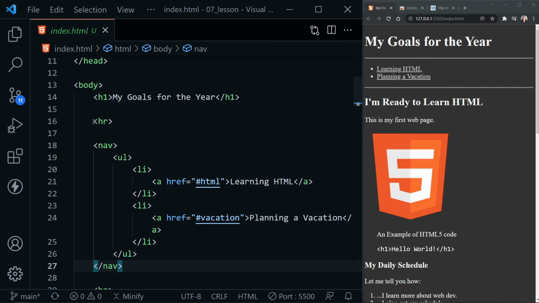We also have an HR, which stands for horizontal rule. In the past, I believe I might have said these didn't really have a semantic meaning, but they do. They're currently viewed as semantic elements, and it means that there is a topic change. So something is changing, and of course we have a couple of topics on our page, and we have horizontal rules between those. In the future, as we learn CSS, we may want to remove the horizontal rules we see here that divide our navigation and our heading for the page and replace those with lines that we can create with CSS, because we're not really separating topics here, although it doesn't hurt to have these horizontal rules in place